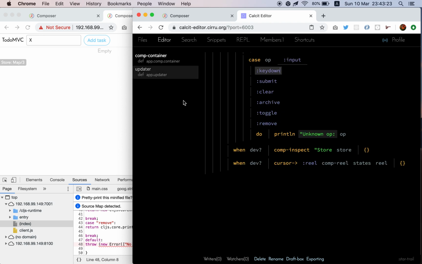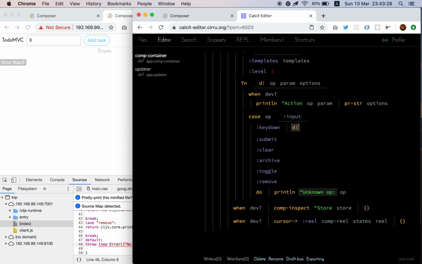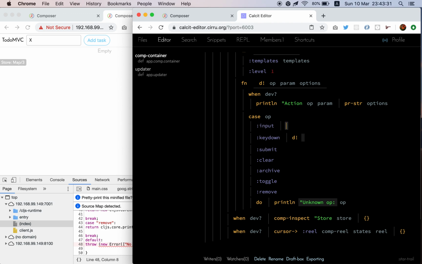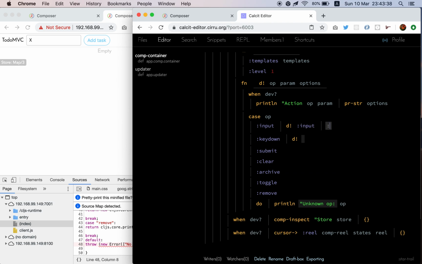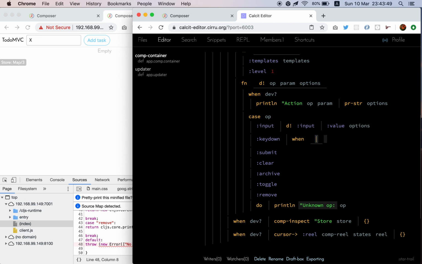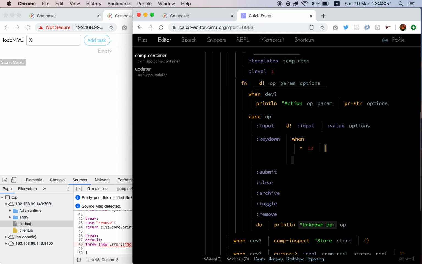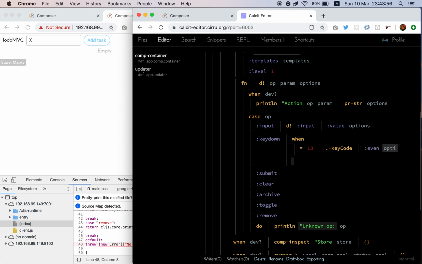So here are some of the actions, and also I have to connect these actions to the updater called dispatch. And for input is very simple. I just dispatch an input action with the value from options. And for key down, a little more complicated. When key code equals 13, event options, and if